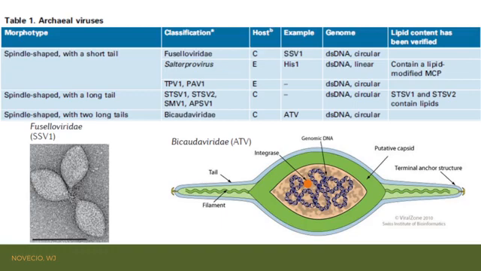Also, the representatives of the Bicaudaviridae family have tails of different lengths at one or both pointed ends of the lemon-shaped body. Remarkably, the prototypical virus of the family, Acidianus two-tailed virus, or ATV, the only member of the family Bicaudaviridae, has an extraordinary capability to form tails outside the host cells. So they undergo a morphological transformation outside and independent of the host cell. The ATV virions are released from the host cell as tailless fusiform particles, after which they develop extracellularly long tails at both ends of the spindle-shaped virion at the temperature of the natural habitat.